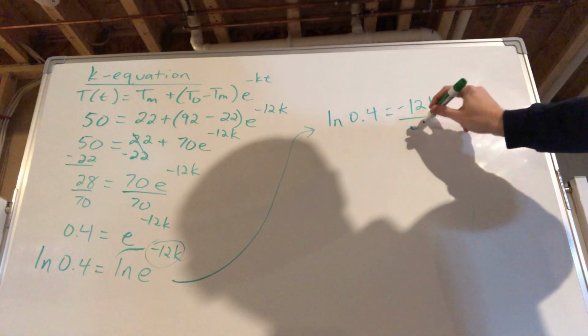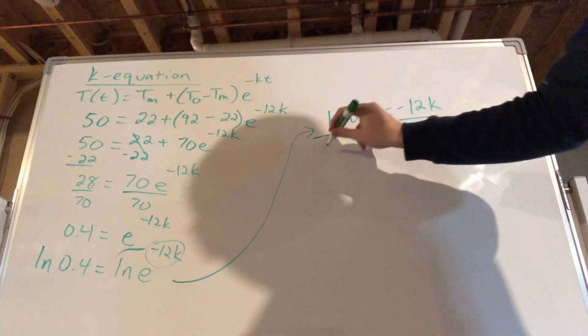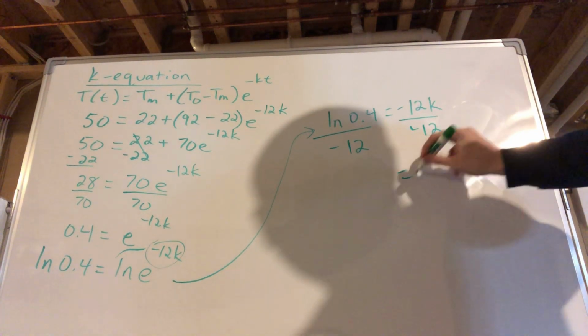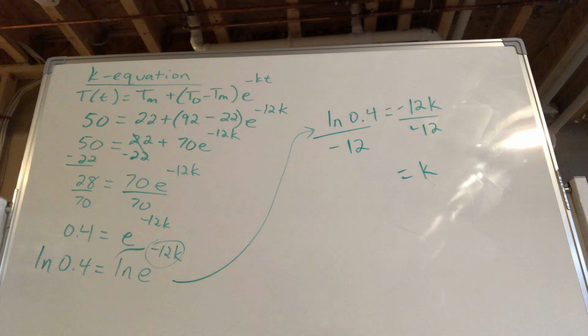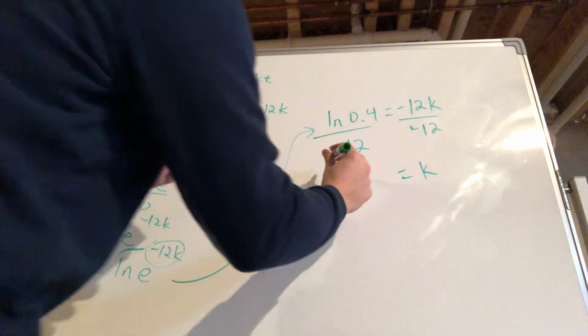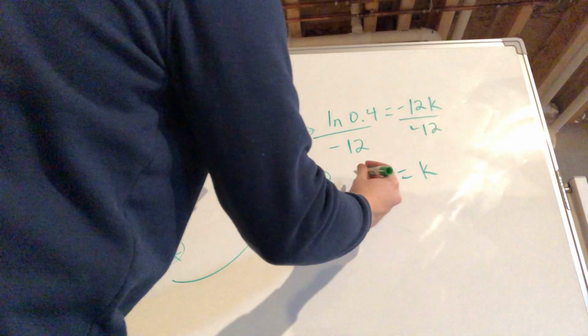And then I'm going to divide by negative 12 to get k by itself. And so just type that into the calculator. Give me a second, I'll do that on mine. It is going to be ln of 0.4. Make sure you end the parentheses. And then divided by negative 12. And it's giving me 0.76